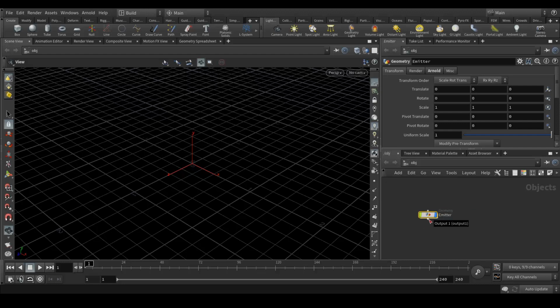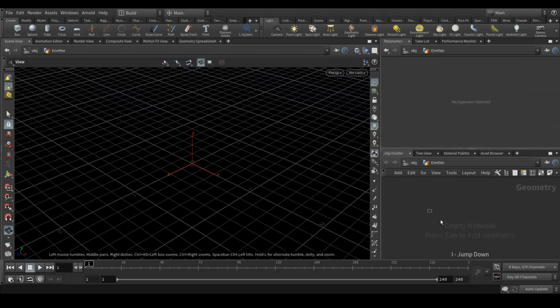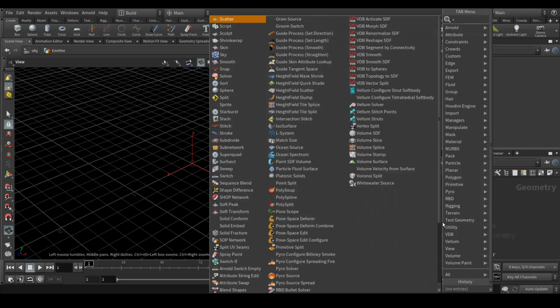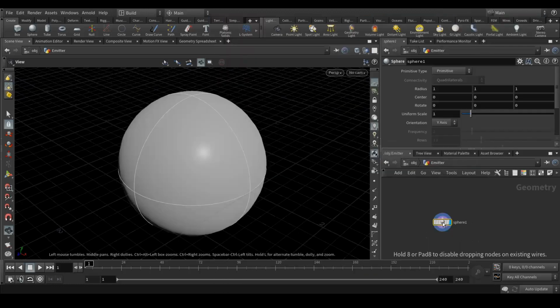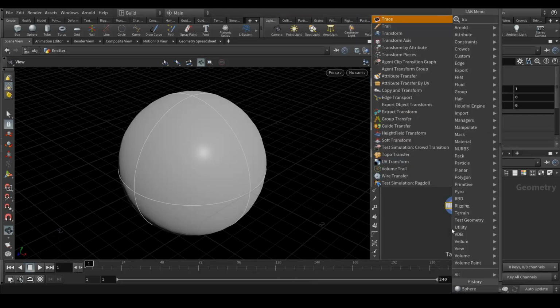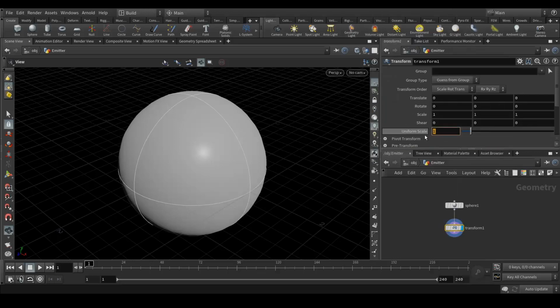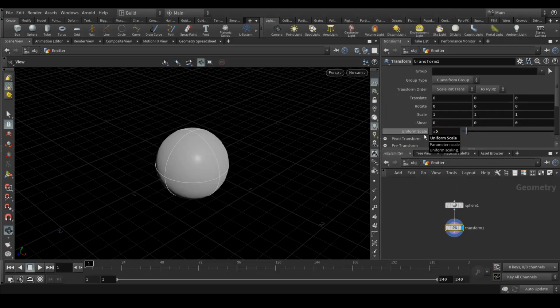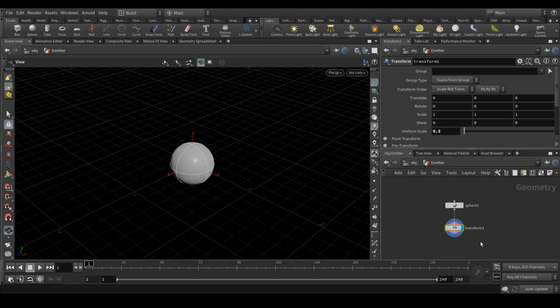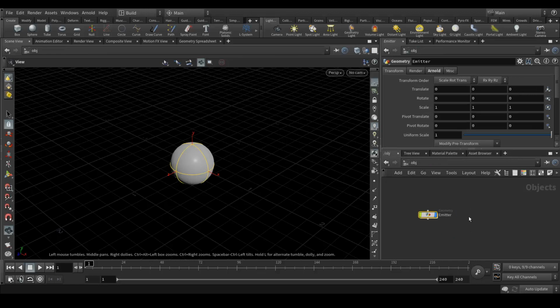Press I to get inside, and here we create a sphere, and let's scale it down by adding a transform node, and here we will add around 0.5 or maybe 0.3. Okay, so that's my emitter, and we are not gonna create a